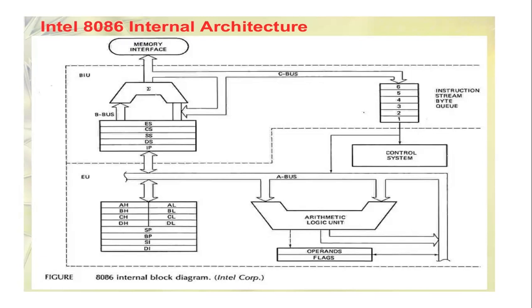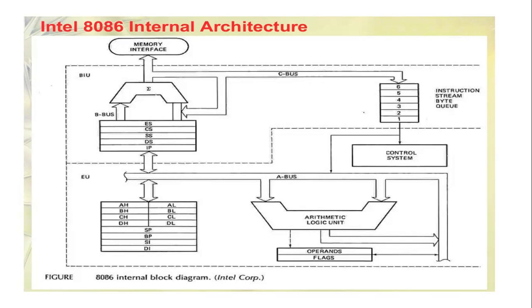Whereas instruction pointer, it is a 16-bit register which is used to hold the address of the next instruction to be executed. This is the segment register of bus interface unit. Next, coming to execution unit. The execution unit will send requests to BIU, stating from where to fetch the data,